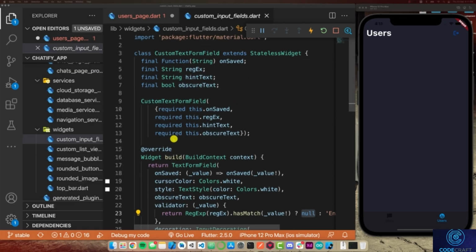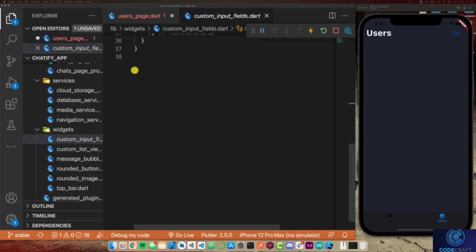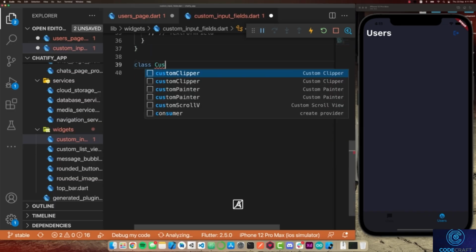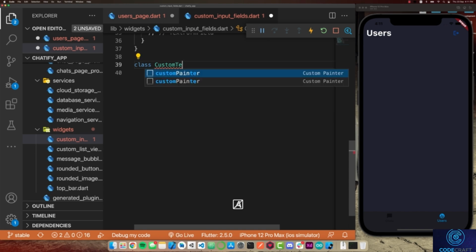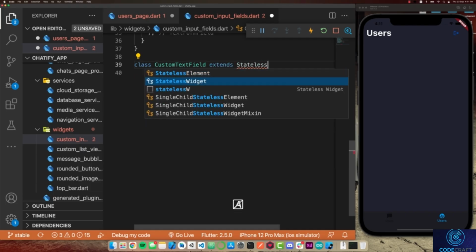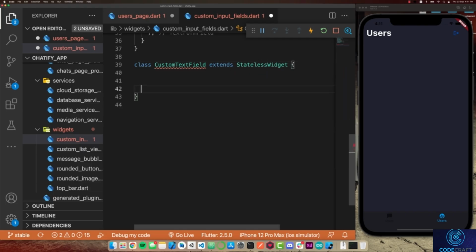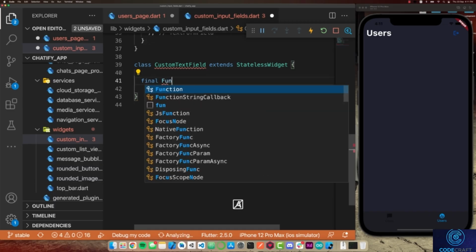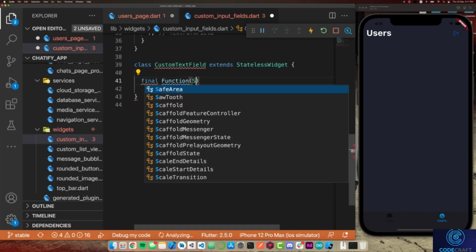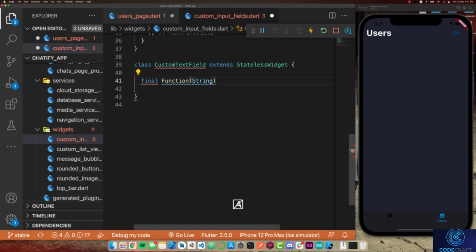So the first thing that I'm going to do is create a new class inside of my custom input fields file, and I'm going to call this class custom text field. With this, I'll say that it extends a stateless widget, and I'm going to open the class definition up. I'll say that our class is going to have some properties. The first one is going to be a function which will take in a string,